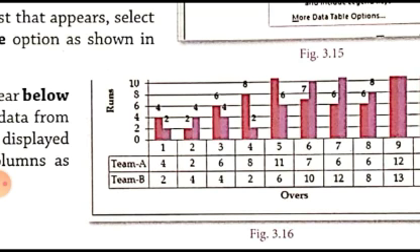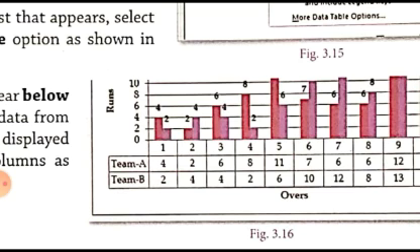We can have vertical major grid lines and horizontal major grid lines. They will be drawn according to the major values on the chart. For example, runs are given on the vertical axis. So what type of grid lines will we be able to draw for them? We will be able to draw horizontal major or minor grid lines for the vertical axis. Why? Because the values are vertical. If you want to draw a line for these values, in which direction will we be able to draw the lines? We will be able to draw the lines in the horizontal direction.